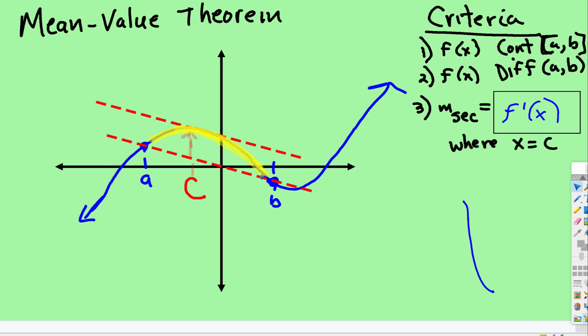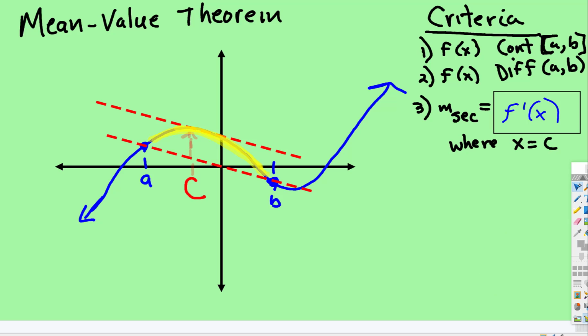It's continuous between A and B, and the secant line is that straight line drawn that connects A and B. There is a tangent line parallel to the secant line, and that value at which that tangent line exists lies between A and B. So this is the criteria that